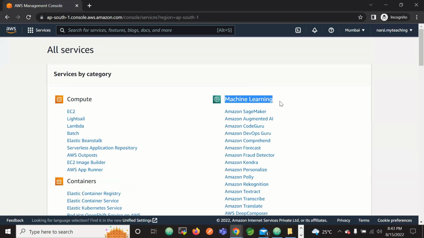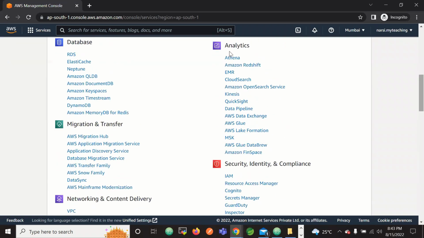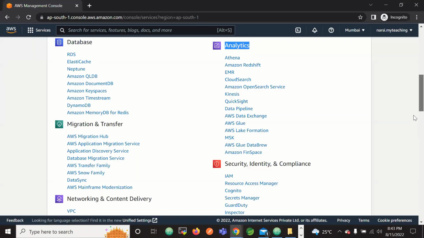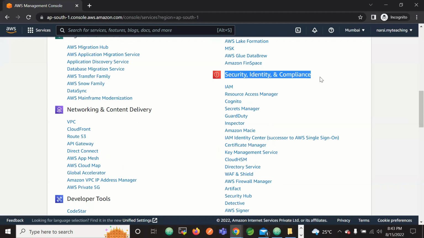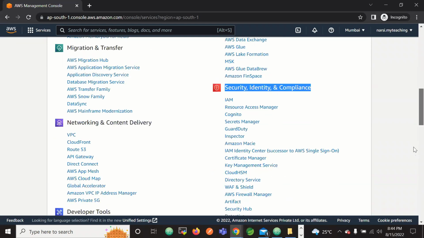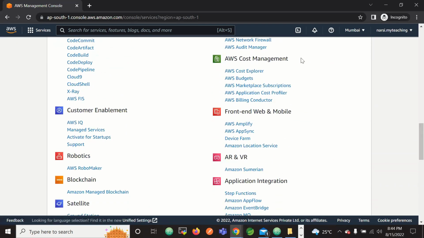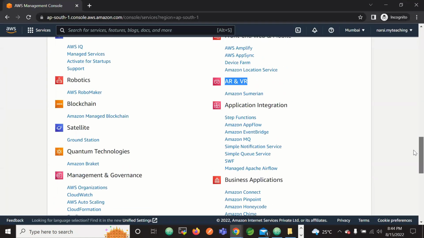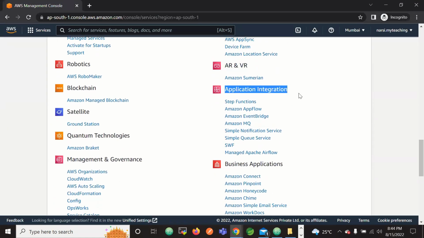Machine learning services, and then analytics services, and then security, identity, and compliance, then cost management, and then front end web and mobile, then AR and VR, augmented reality and virtual reality, and then application integration,